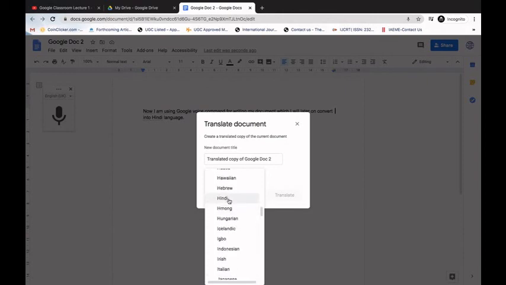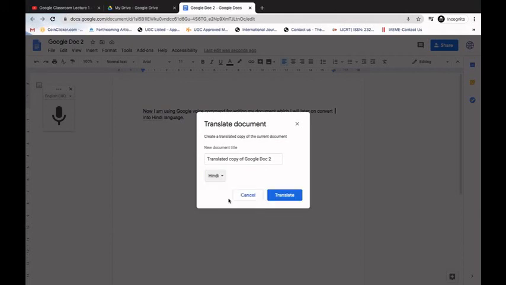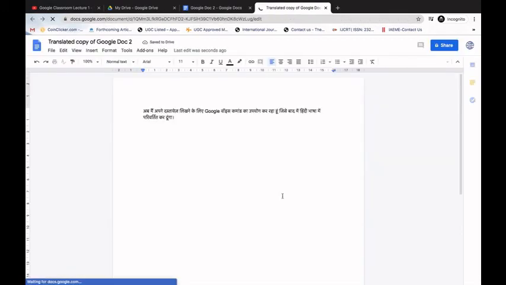So here Hindi is available to us. I'll click on Hindi and I'll press the translate option. Now it will start translating this document into Hindi, and now a new document is available to us which is